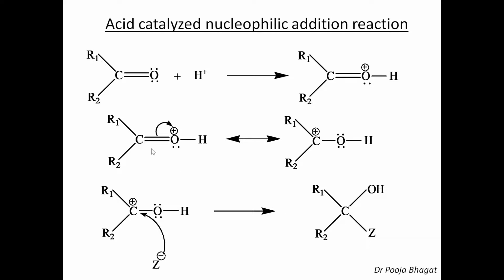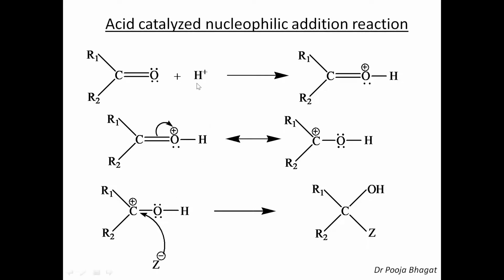Okay. Now how is the acid catalyzing the reaction? If we have not taken the acid, the proton, then the nucleophile has to attack on the carbon which is having partial positive charge. Here the nucleophile is attacking on the carbon which is having complete positive charge. So which of the two is a stronger electrophile? This one, because here the carbon is having a complete positive charge. So the rate of reaction is increasing by increasing the electrophilicity of the carbonyl carbon.